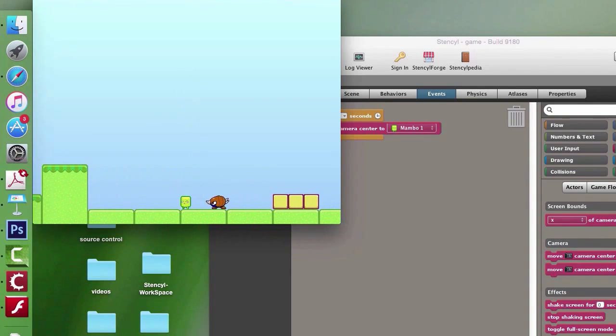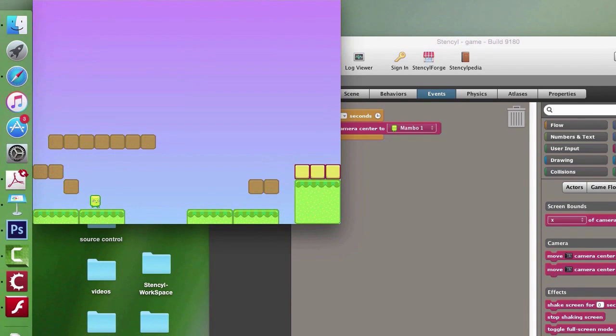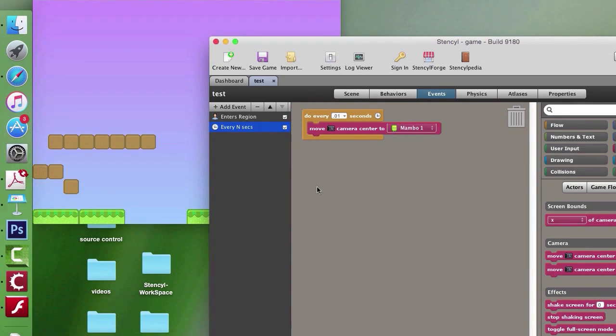Now, one issue with this, and I mean not really an issue, but just something to be aware of, if I go to my next level, and I go past halfway, the camera is not following Mambo. And that is because this little bit of visual programming I just did is only for this level. I would have to do the same thing for the next level,